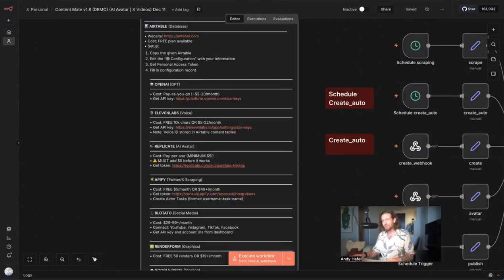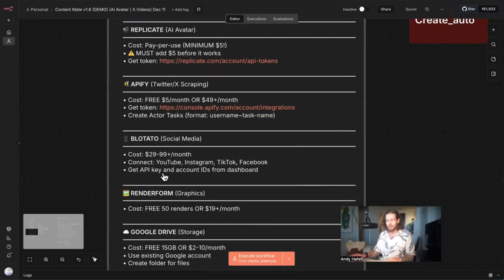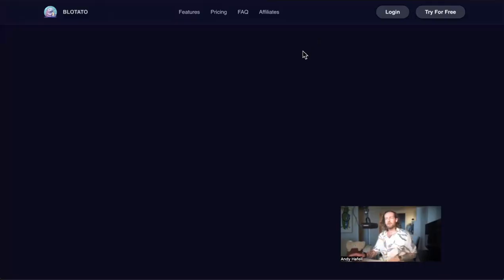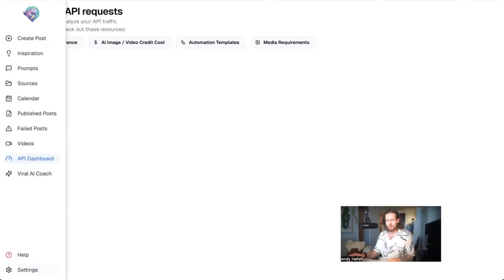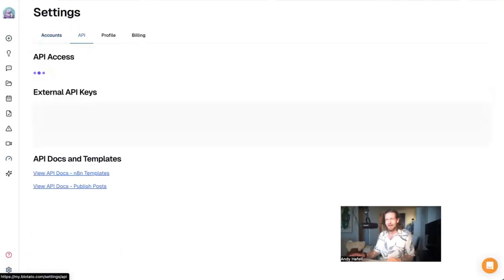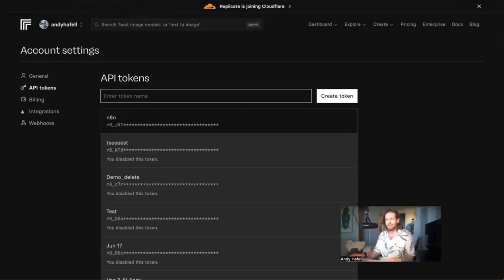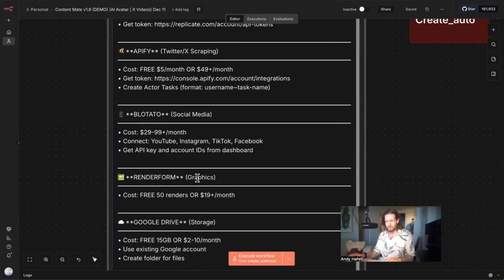Blotato. Go back to ContentMate. Click on Blotato. There's no social link, so I'm gonna add that social link. Blotato.com. Log in. And inside of here, we have the API dashboard. I think it's in the settings, API, copy API key, but I'll copy the link here. So Blotato has the link, get API key,